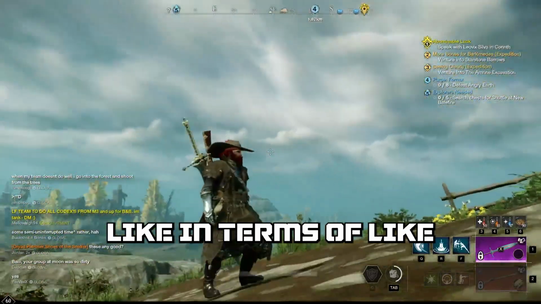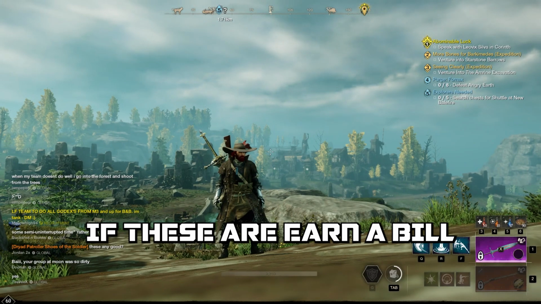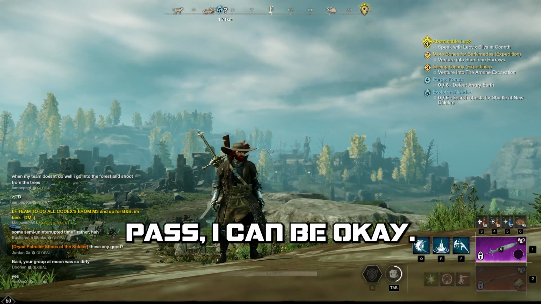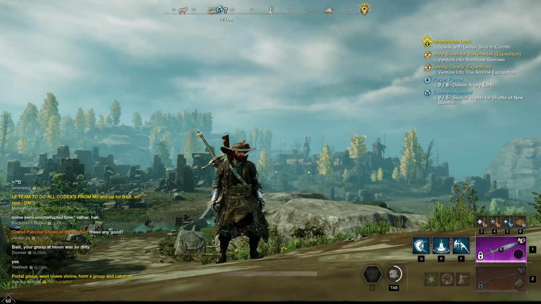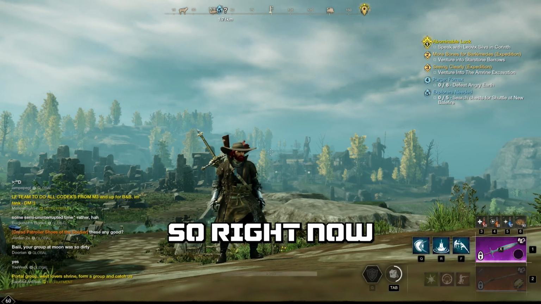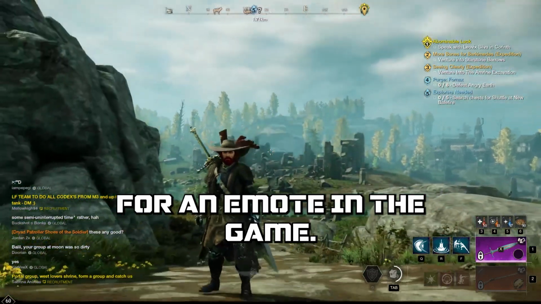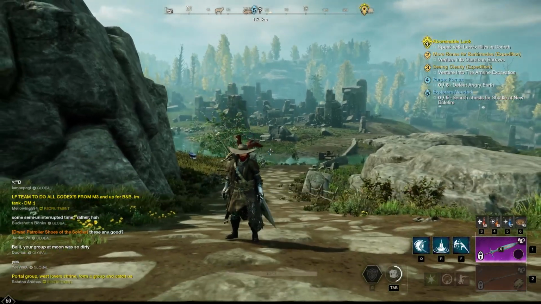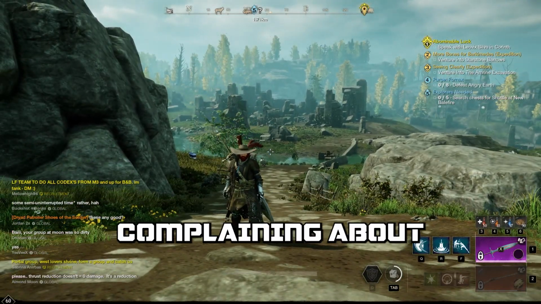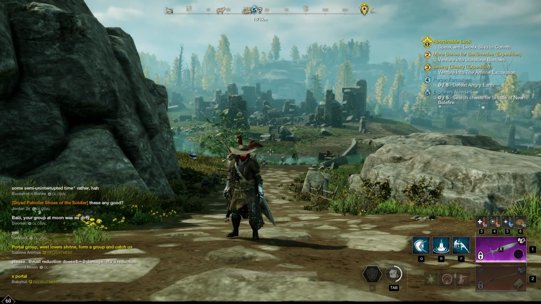Like, in terms of if these were craftable in the game, or earnable through the season pass, I can understand the element in which they have, but we don't have those elements in the game. So right now it just feels like a massive cash grab for an emote in the game. And that's where I'm not even complaining about the price, because the price literally is a turn off for it,